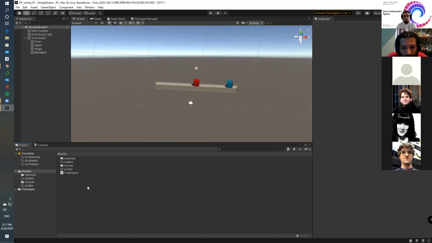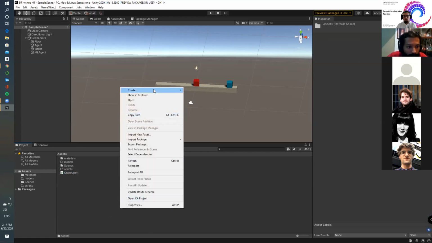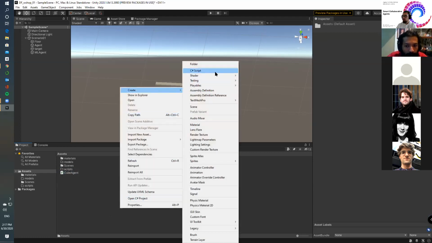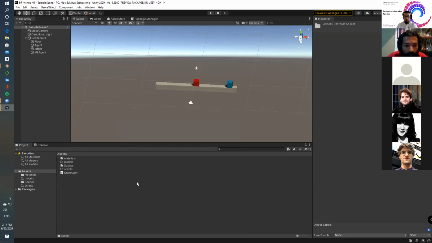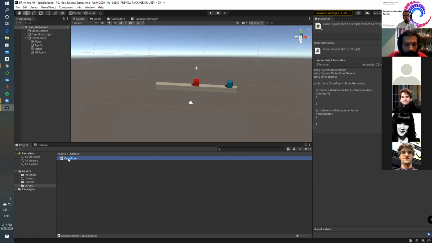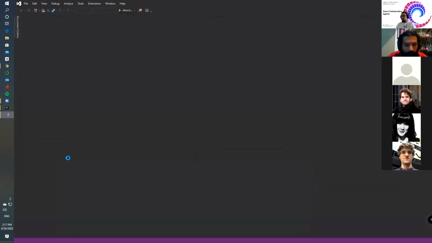If you want to do it in another way, you can just right click here in assets, create C# script, and remember to name it before you click again, and then you're okay. And we will move this to the scripts folder. So once we have this, we can double click on Cube Agent, and this will open